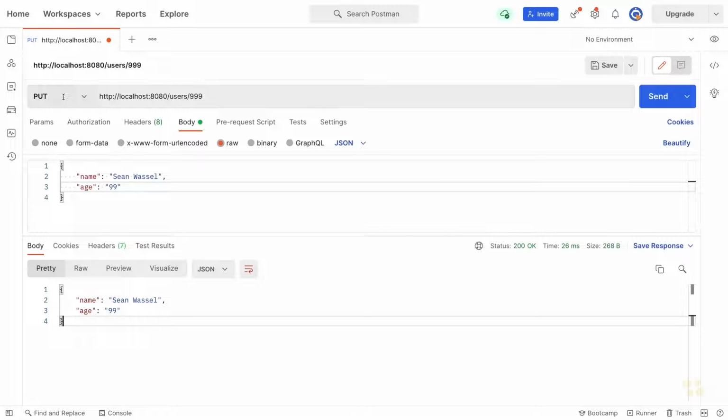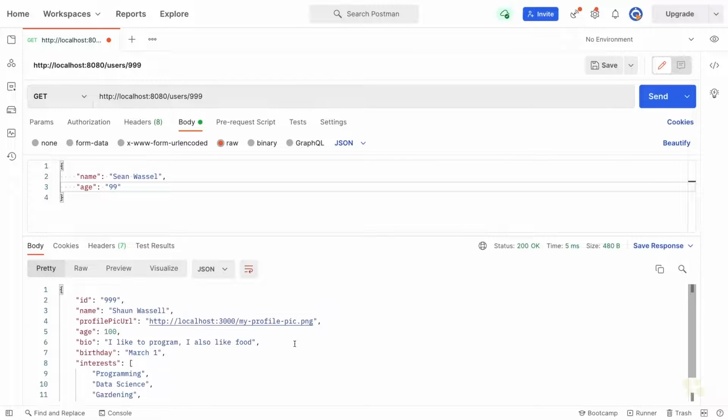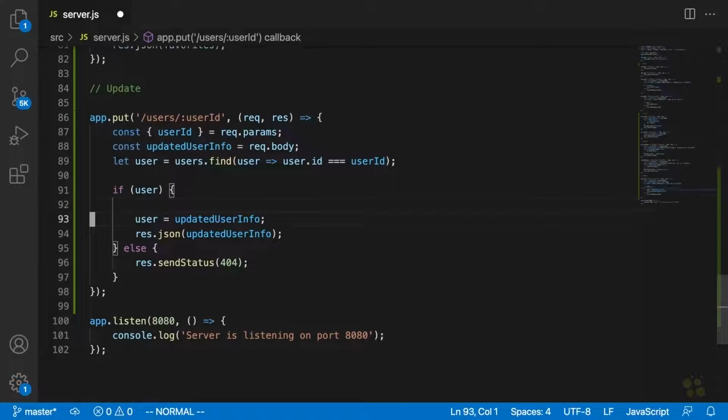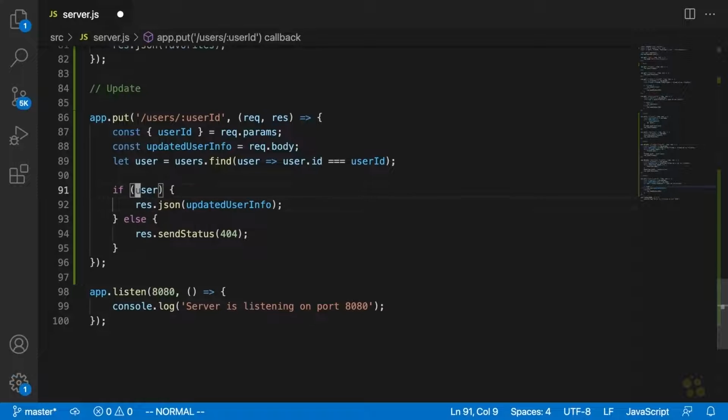And now, if we try and load that user again, we should see that those changes have persisted, right? We'll say get users/999, click send. And it looks like that didn't actually work, so let's try that again. What we're going to have to do inside of here, instead of doing what I was trying to do there,